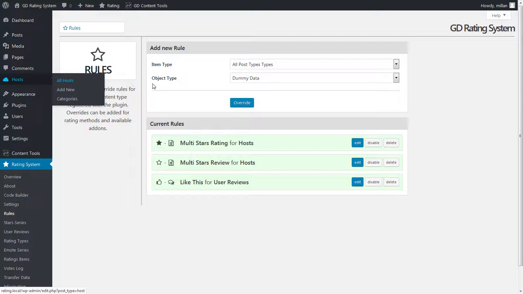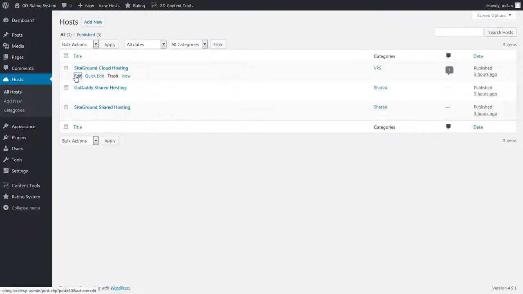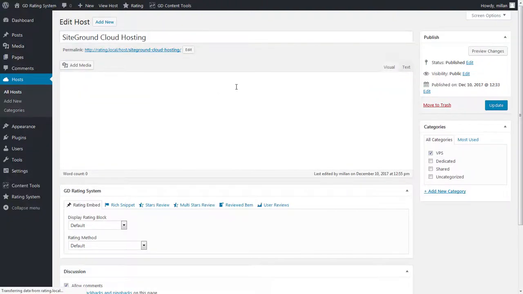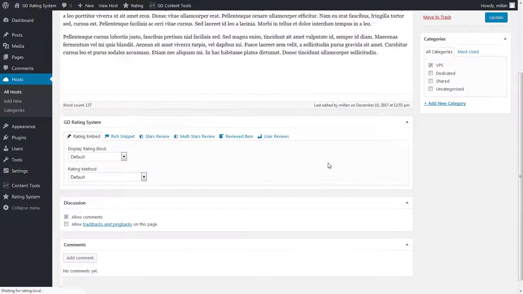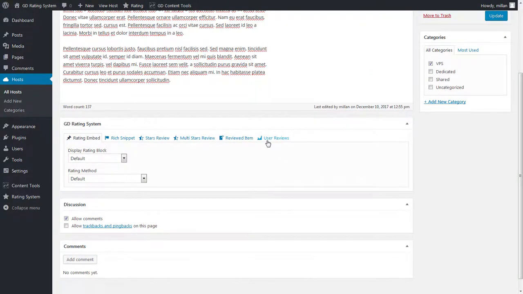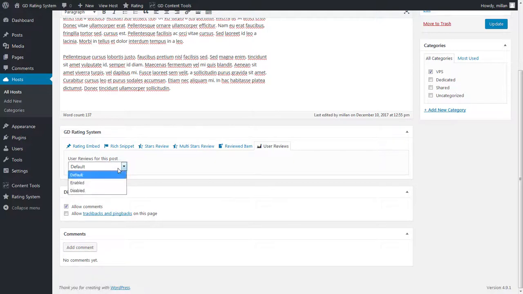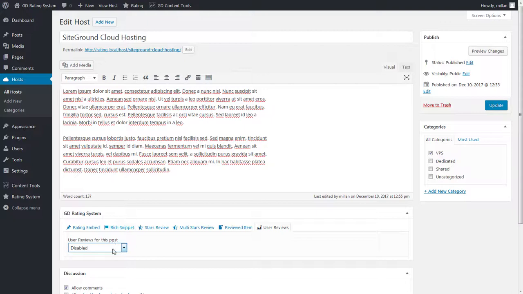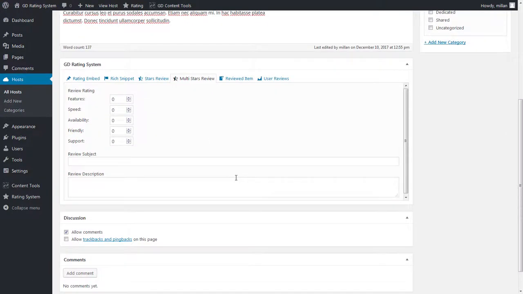If you open one of the reviews on the admin side as an editor or the author, you will see a few new elements. First one is user reviews, and you can disable user reviews for this post if you want to do that. And you can leave a review as an author. So let's say